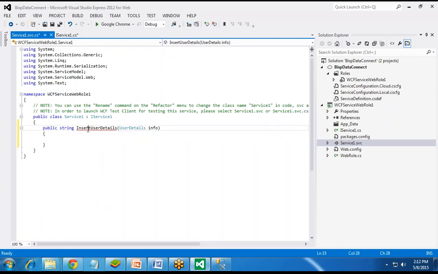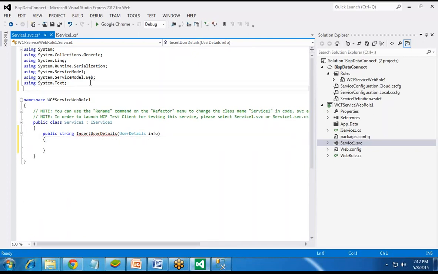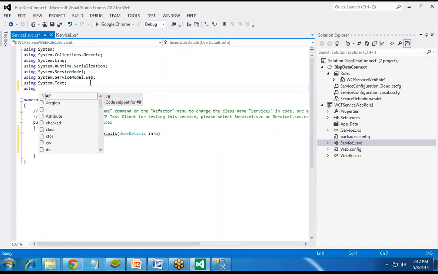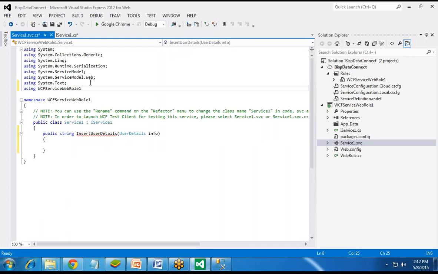That's the same function we created before. We are getting an error because this function exists in IService1, so we need to import it here using BISP WCF Service1.